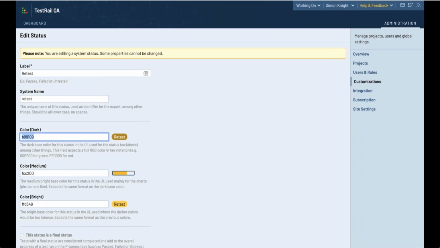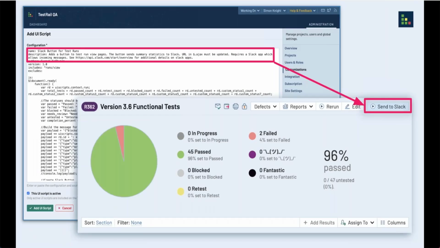So you can make all kinds of changes there. One other super powerful customization element is the ability to add custom user interface elements and rules using UI scripts in TestRail. This is definitely a much more complex topic than we have time for in this webinar, but some of the most popular use cases for UI scripts are adding buttons to update a Slack channel with the current status of a test run, kick off a test automation run, or add Gherkin-style BDD text formatting to certain types